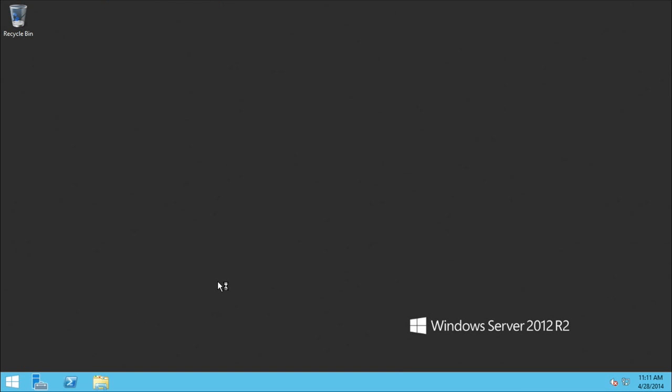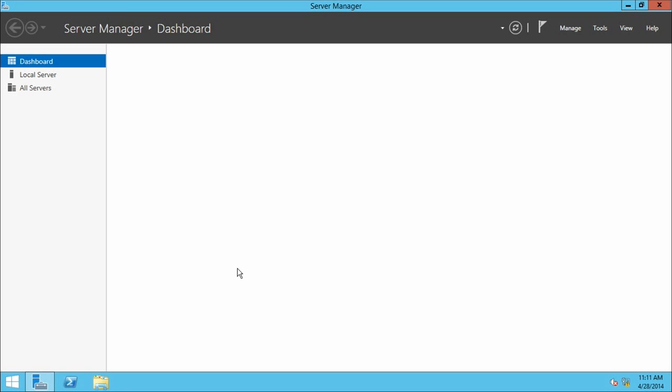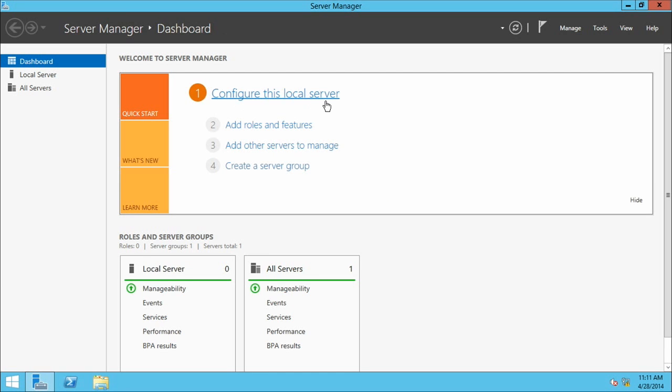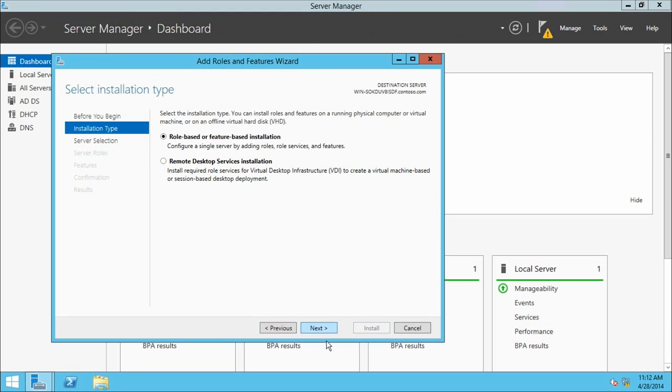Server Manager is going to come up automatically, which it usually does unless you check that box within the Manage dropdown in the Server Manager properties to turn that off. It's going to take a minute. This bar at the top that's scrolling, until that's done, I can't actually do anything else. If I click Add Roles and Features, it's going to give me an error message saying that Server Manager is still gathering information. It's responding a little slow, so this may take just a moment. There we go. Role or feature-based, next,